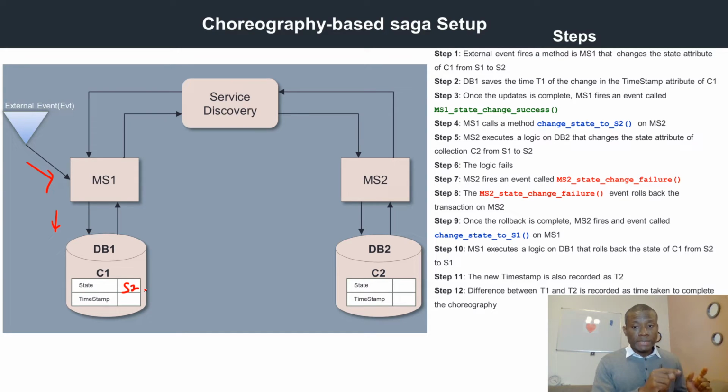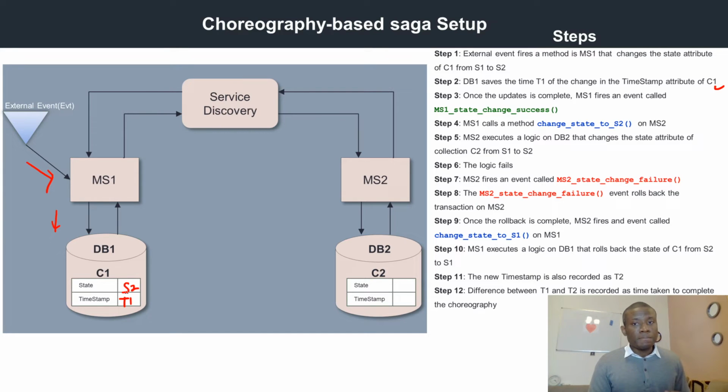Saving the timestamp at this point is done by the database, not the event, because the database recognizes that an update has occurred and it adds a timestamp T1, right? So this is what we have at this point. When the update of these two attributes is complete, then microservice 1,